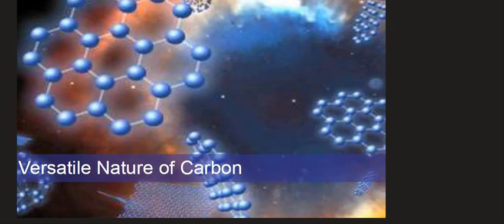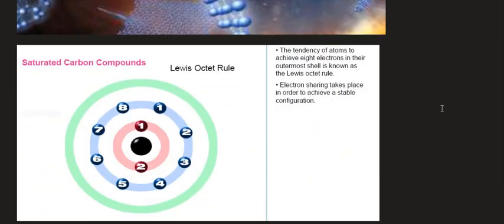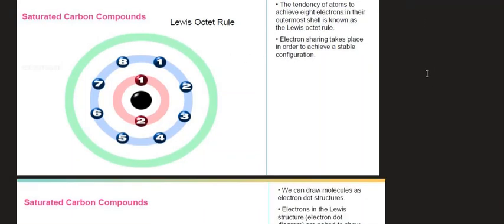In this tutorial, we are going to discuss the versatile nature of carbon. Versatile means that carbon behaves in multiple ways. The tendency of carbon atoms to achieve an 8 electron system, because we know something about the stability of an atom based